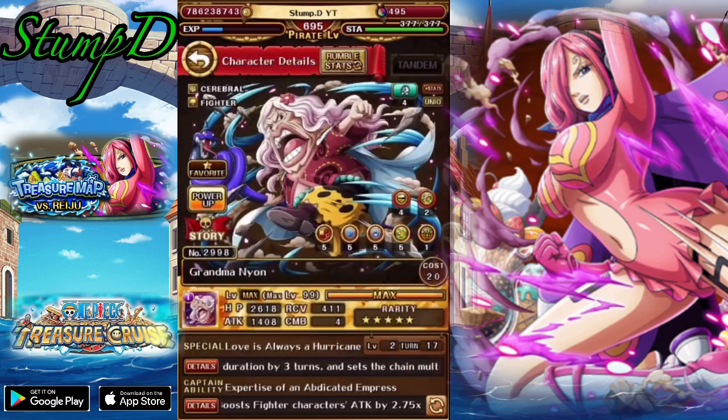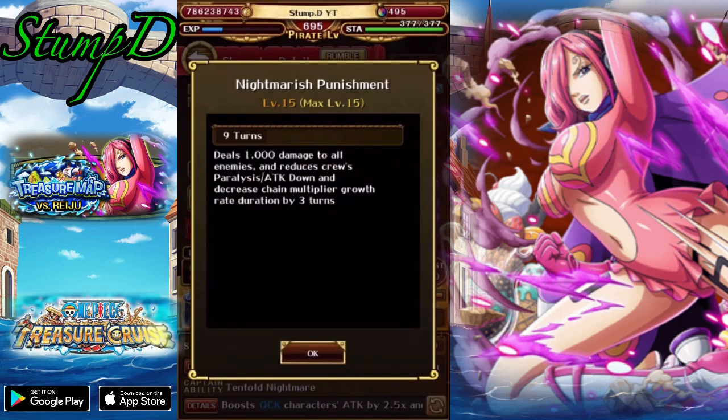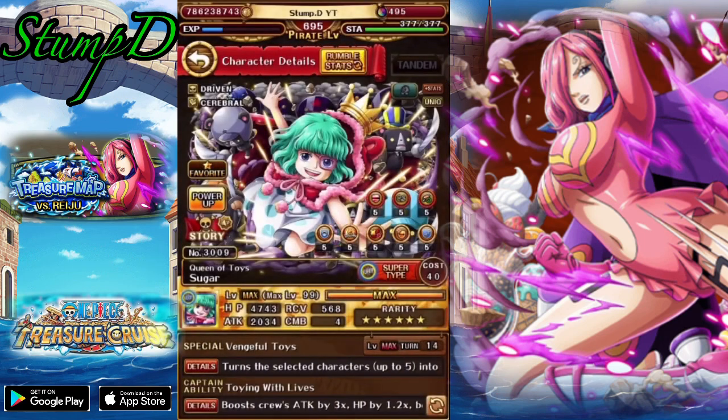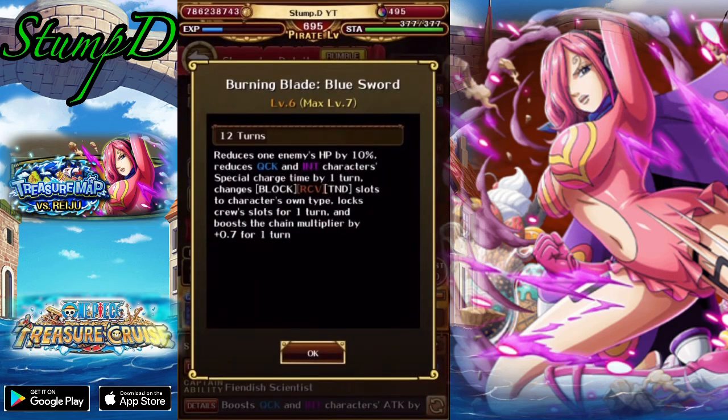The thing is, though, we can actually use her special first, then use our Moria special, and Moria will actually remove that. Now, the reason we want to remove that is because we are going to be using our Sugar special. Now, Sugar is going to turn everyone into bears, and then we can use her super typing to basically blitz our way through Ivankov. Now, this team doesn't have an attack booster on it, but it does have the color affinity from the...